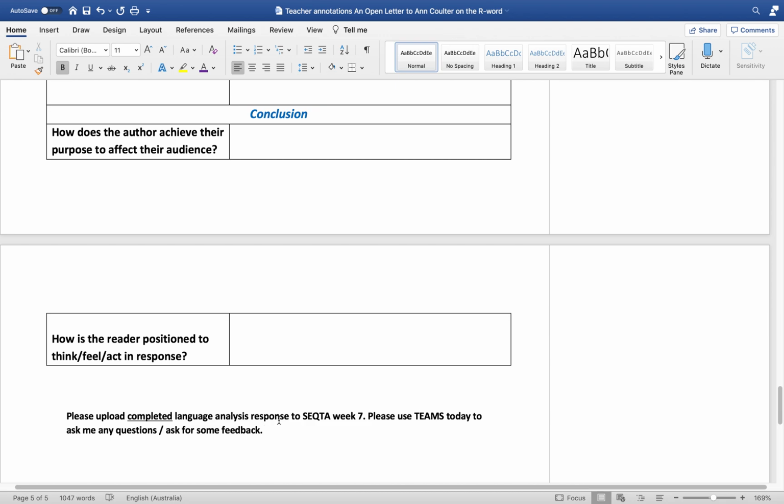If anyone happens to have finished all of this and you've got time to edit your work, you've uploaded it to SEQTA, you're good to go, you would then find to start actually practicing with other articles. So maybe going back to some of the other articles we've looked at, the Australia Day one we did last week, looking at perhaps doing a proper introduction, body, and conclusion. I know there's no image with that article, but it's still a really good article to practice writing with.